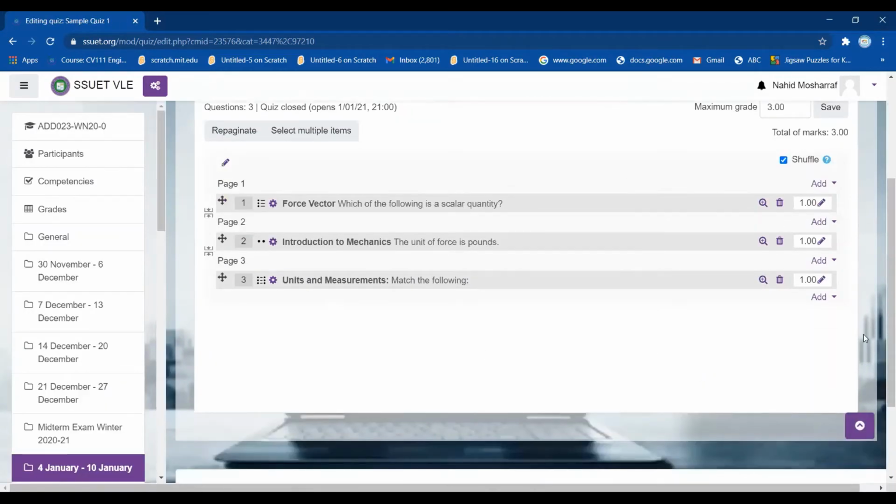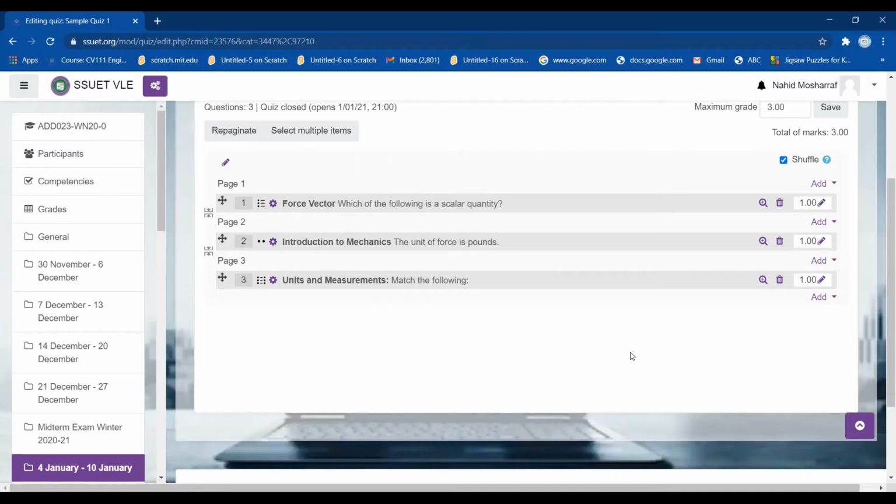Now I have created 3 questions: one MCQ-based, the second one true false, and the third one matching. I want to preview this question, and you can see over here, match the following will be like this. The student will get the option of force, and there are 4 units over here, and he or she has to choose from it. And you can see the summary is also given, the right answer summary is force is in Newton. It is just like a Google form, and it will be helpful for you, and you can make it more animated and more attractive as well. It's totally up to you.